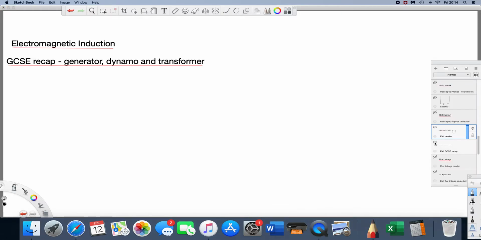Thinking about electromagnetic induction, let's go back and remind ourselves about the three devices that we looked at at GCSE, which involved electromagnetic induction: the generator, the dynamo, and the transformer. Now, we're only actually going to go back and look at the transformer in detail at A level, but all of these we talked about